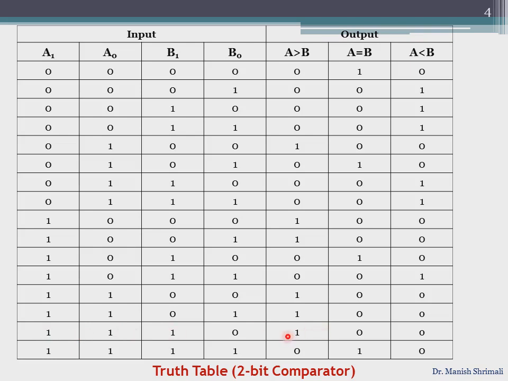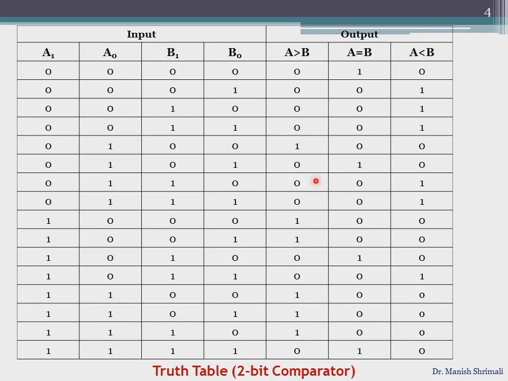You can see here A is greater than B, and the last entry where all the bits are 1 means the weightage of both the numbers A and B is 3, so that is why A is equal to B is selected. So now we have seen how the comparison is done based on the weightages of the input bits or the input numbers. Now once we have obtained the outputs, then we have to write